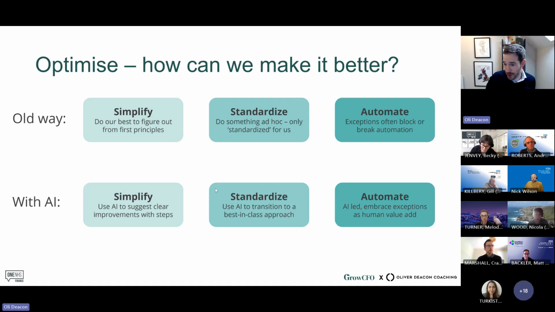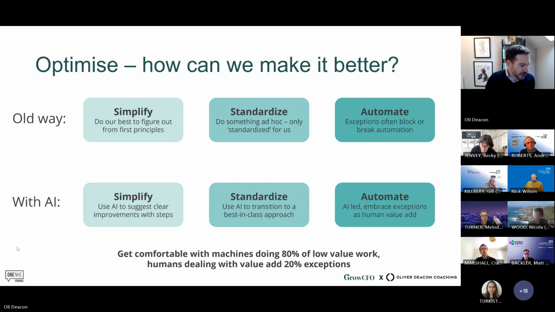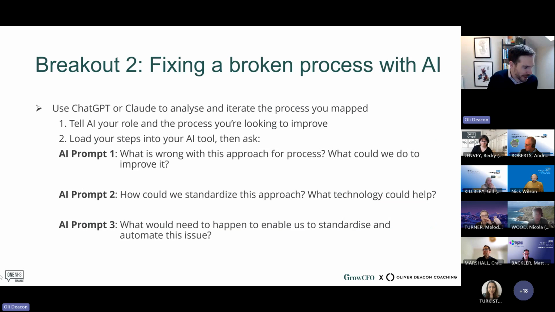Okay, so how do we do this? All well and good. This is nice theory, Oli, but what are we going to do in reality? Oh, by the way, folks, this is the way that I think about the future of AI. We want the machines, the AI, to do 80% of our low value work, and humans will deal with the exceptions and the high value work, the 20%. We need to partner. Think about partnering with AI, where AI does 80% of the boring, hard, difficult, messy stuff, and humans do the things that only humans can do. If we have time at the end, we'll talk a bit about that.